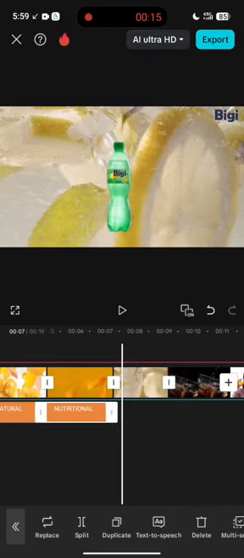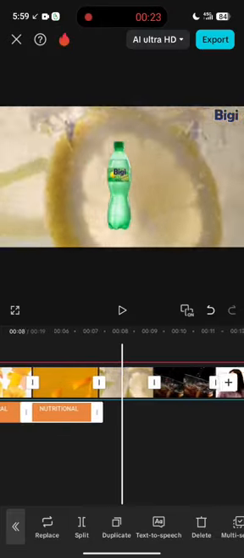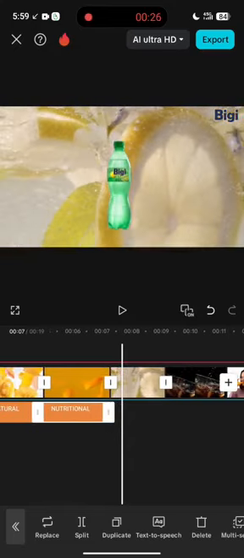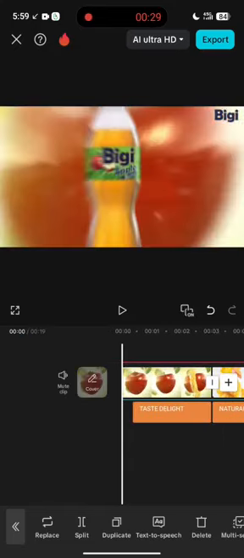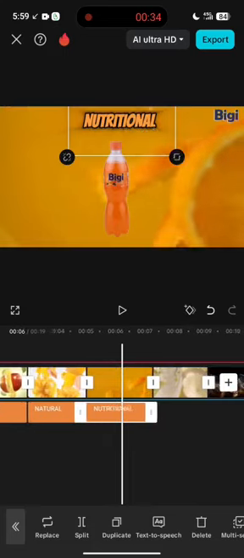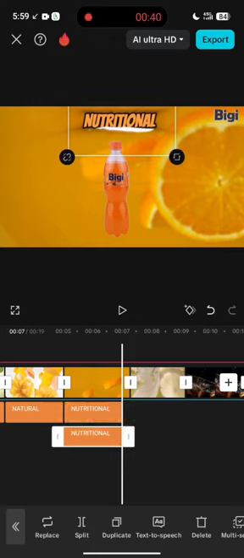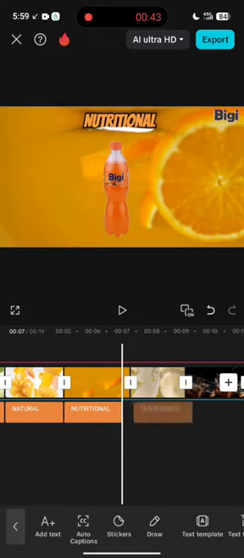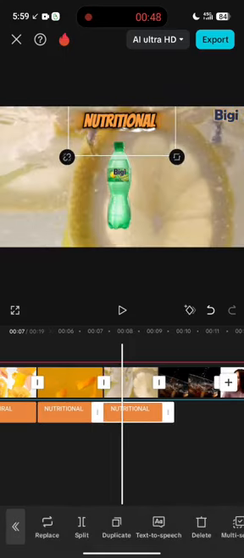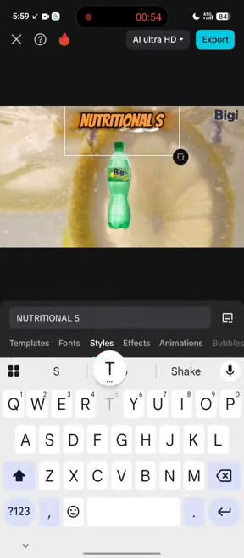Now for this particular one, this Sprite, it looks like somehow water. It has this water feel. So you can say stay hydrated. So first of all, we had put your pinky, taste delight, natural, nutritional, stay hydrated. Yeah, so duplicate it, bring it here. So we edit it, stay hydrated,